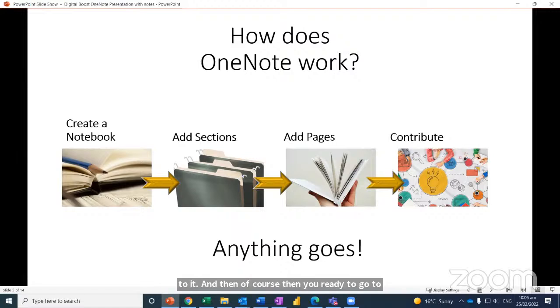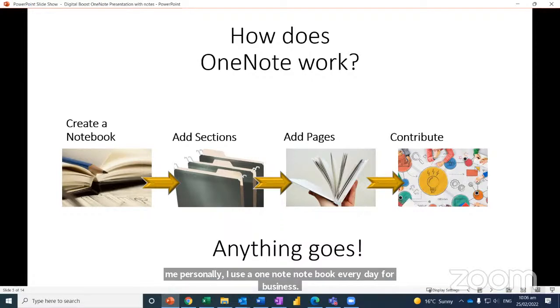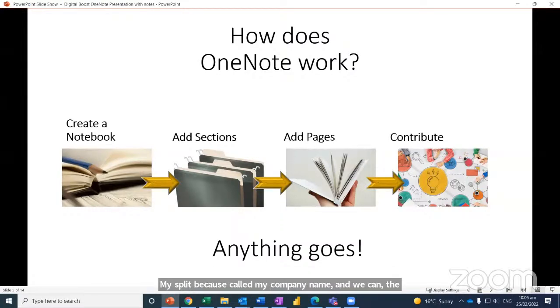Now, for me personally, I use a OneNote notebook every day for business. My notebook is called my company name where I'm working. The sections are generally, I will have a section per client. I have a Digital Boost section because when I'm preparing to do notes for these sessions, I love being able